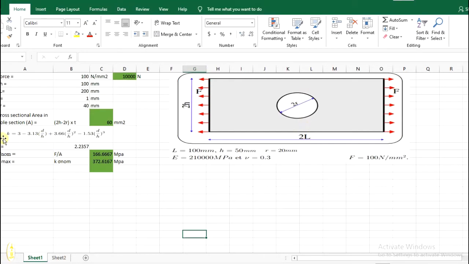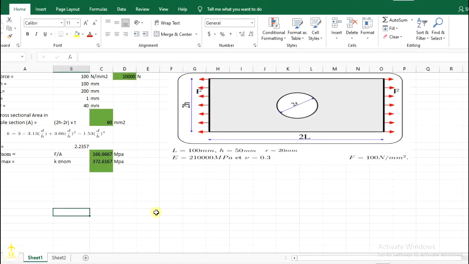We know this formula, the stress intensity factor is denoted by K, and for that problem this is the formula to calculate the K value. Using this formula, I calculate the K value, and K is equal to 2.2357.